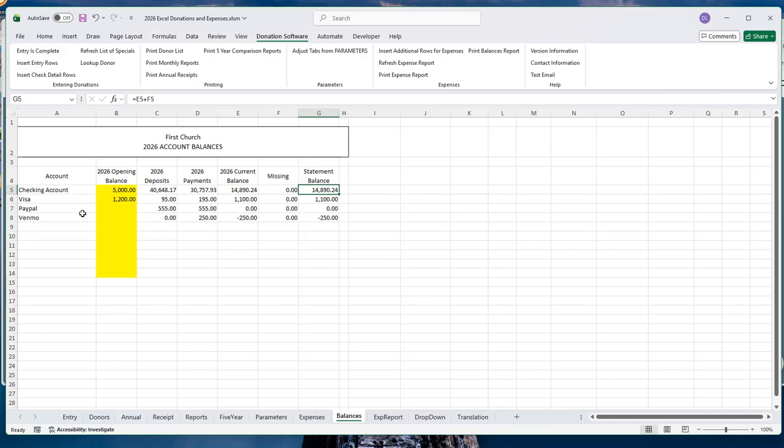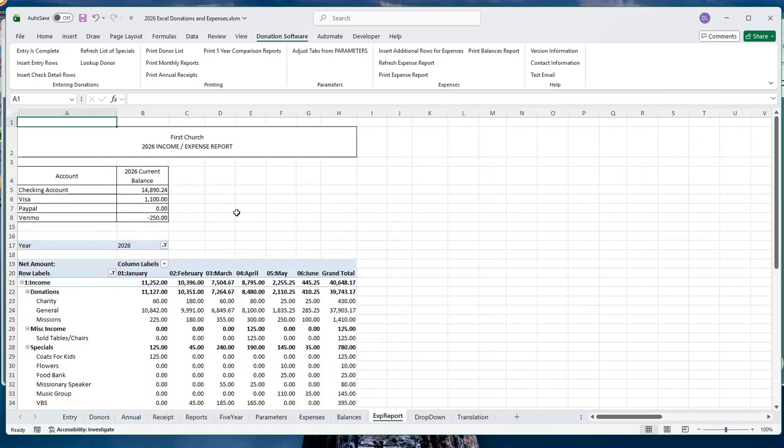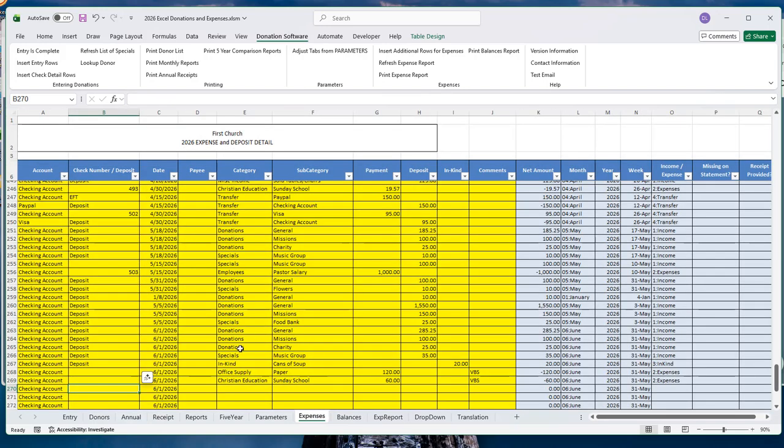And then again, you'll do that for all of your accounts, and then you can print this and share it with your leadership. The other report we might want to look at is called the expense report. That's the tab where it's displayed, and this is using a Microsoft Excel pivot table. That's how it's built. So the one thing about the pivot table is that as you make changes to your expense tab,